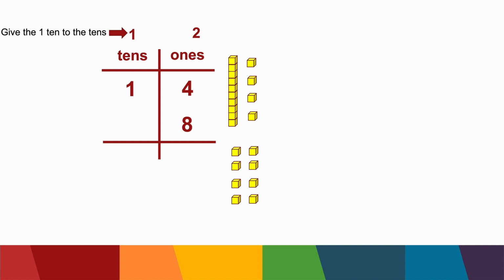You carry it over to the tens column, and then you would bring the 2 down. To be quick, you wouldn't even write it on top. You would just carry it down, and then go back to the tens column. A 1 plus a 1 equals 2. 14 plus 8 equals 22.